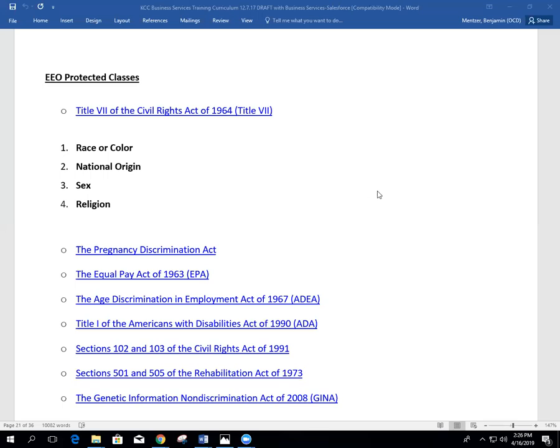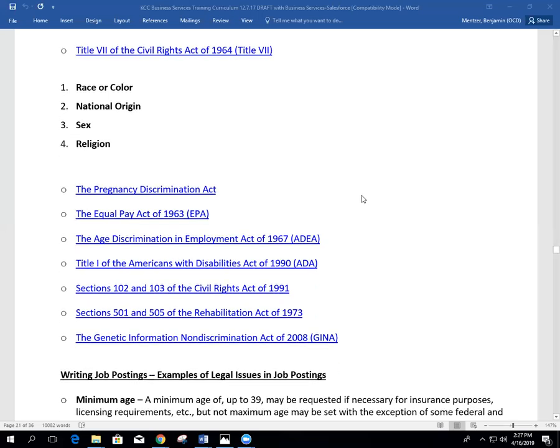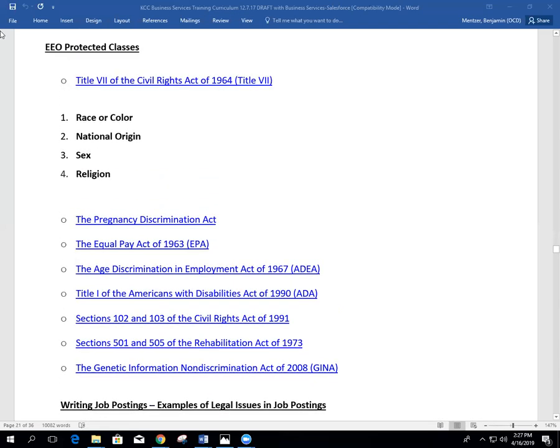But I will cover some of the highlights in this training because it is very important that our employers are following the proper EEO to make sure that they are hiring equal employment opportunities. And you'll see here, the original was back in the Civil Rights Act of 1964, which started with race or color, national origin, sex, and religion.